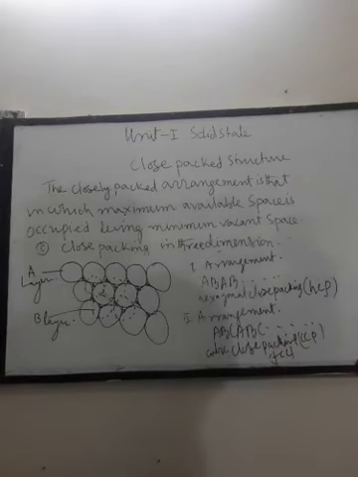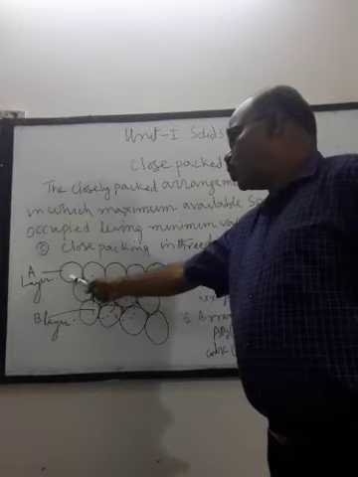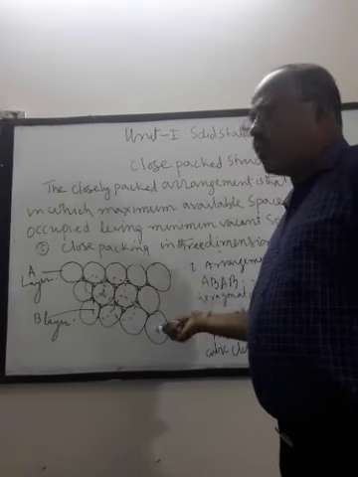Again, there are two types of arrangement in two-dimensional close packing. One is square close packing, the other is hexagonal close packing in 2 dimensions. Of these two types of close packing, hexagonal close packing in 2 dimensions is more efficient because 60.4% of the available space is occupied. Now for making 3 dimensions, we consider the more efficient one, that is hexagonal close packing in 2 dimensions. So this is our 2-dimensional close packing, hexagonal close packing, already discussed.